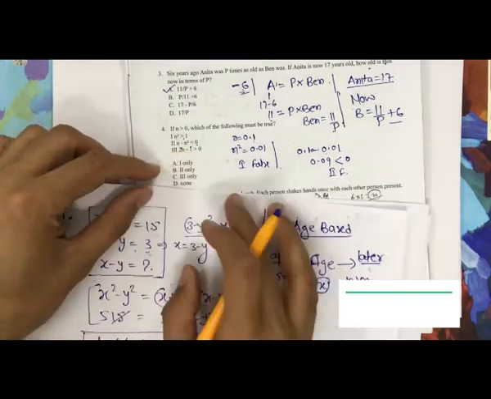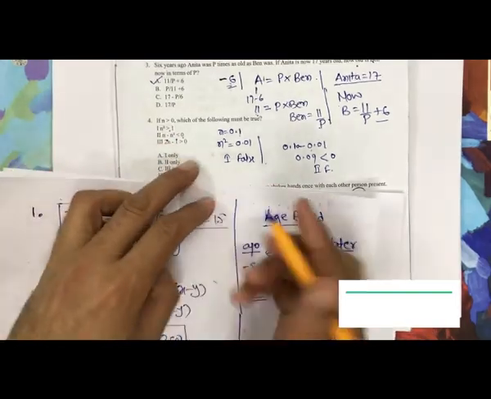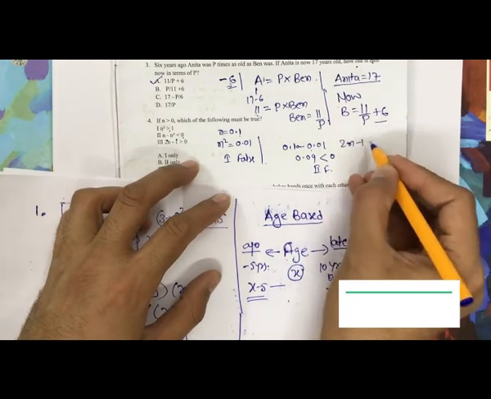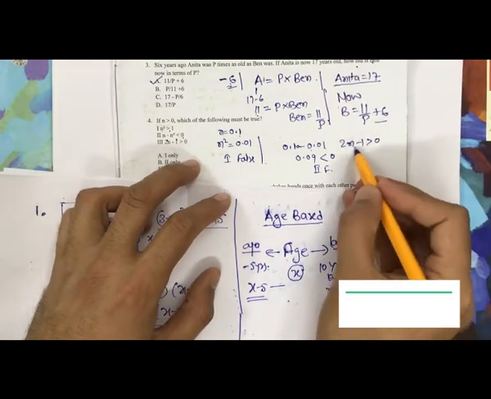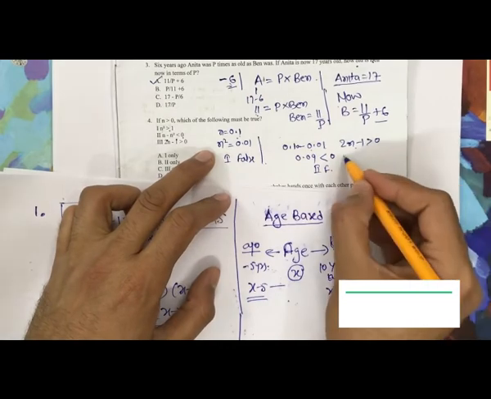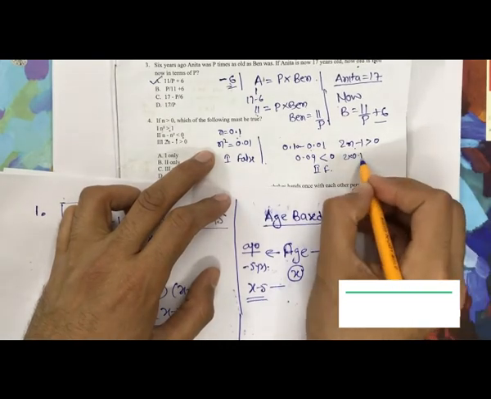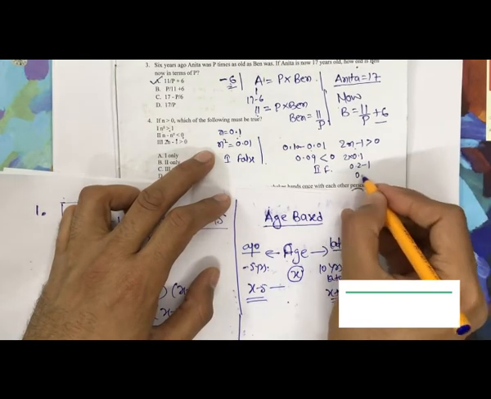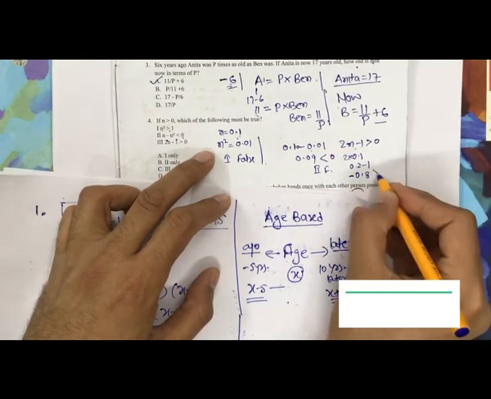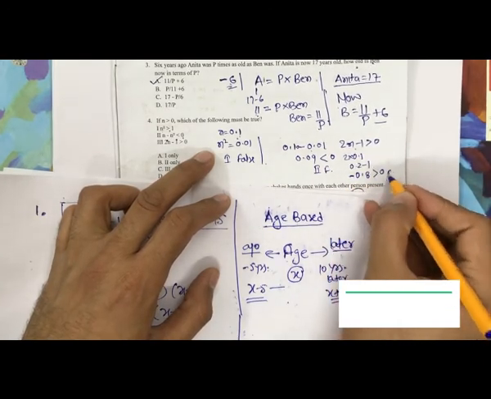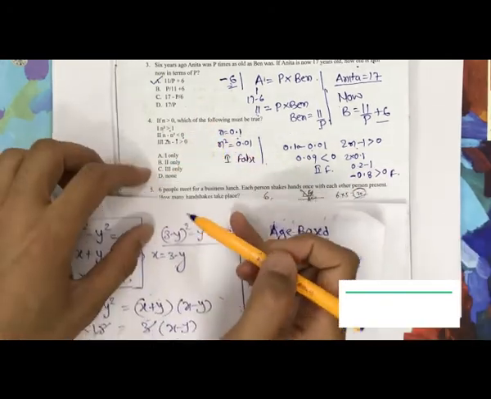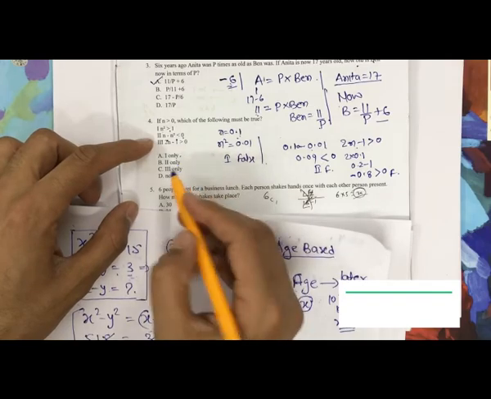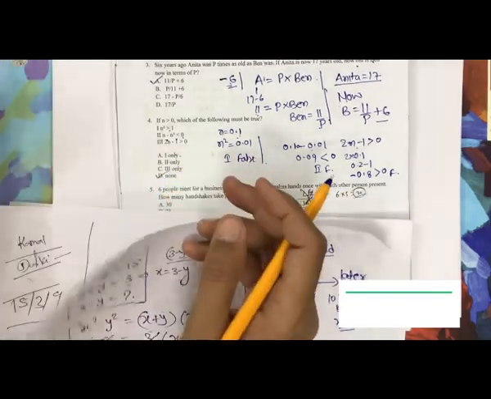सेकेंड भी फॉल्स हो गया। Now 2n - 1 is more than 0। अब आपने n लिया था सपोज करो 0.1, तो 2 × 0.1 that is 0.2 - 1, that will be -0.8, which is more than 0? No, is also false, it means all the statements are false। तो which of the following must be true, nothing, तो none is the answer। इस तरह से क्वेश्चन होते हैं छोटे छोटे से।